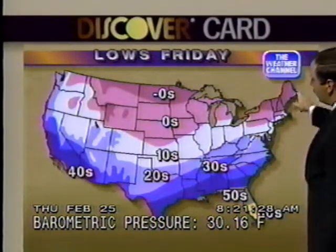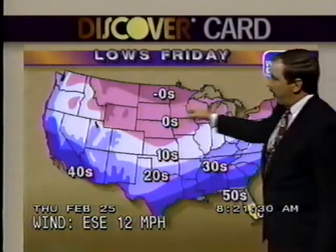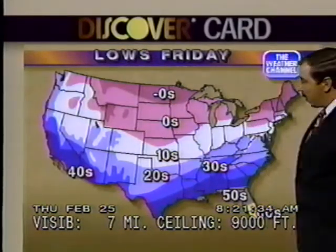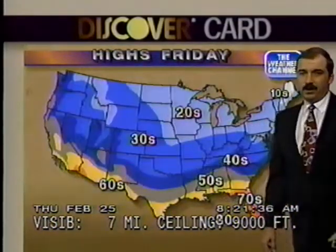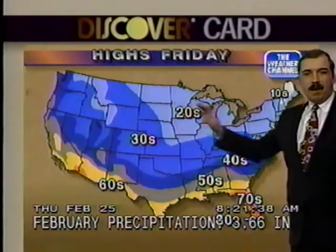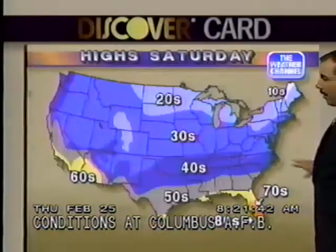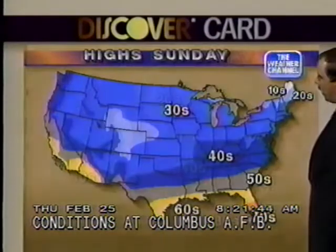Tomorrow morning, we drop below zero in northern and central New England and across the Canadian border areas. Otherwise, a chilly morning across most of the country, but not bitterly cold. And really, the trend for the next few days will be moderating temperatures in the north. That means at or above normal, and it's going to stay rather cool through the south. We'll get rid of the 80s in Florida by Sunday as the front and the cool air sweeps on through,